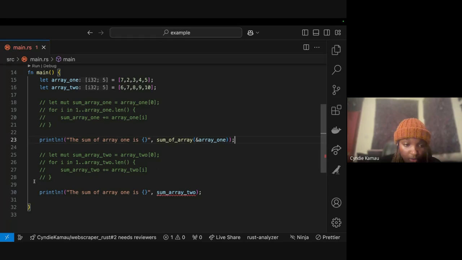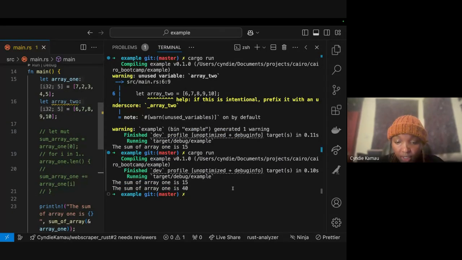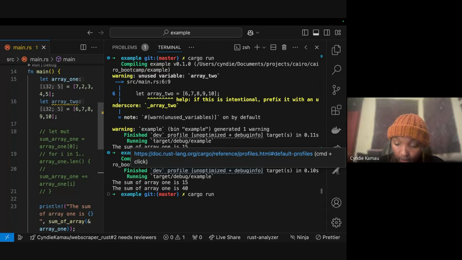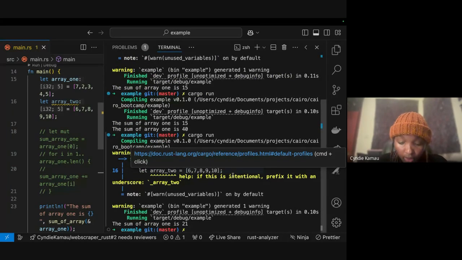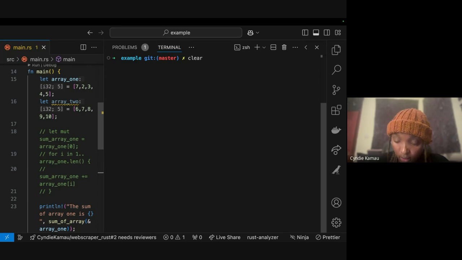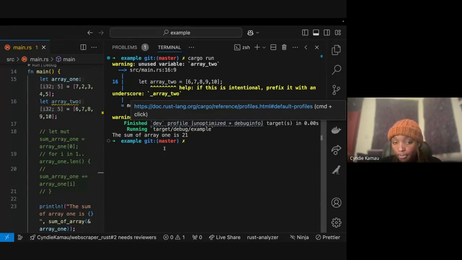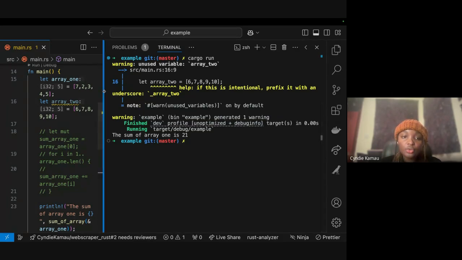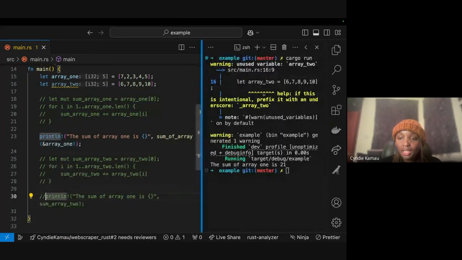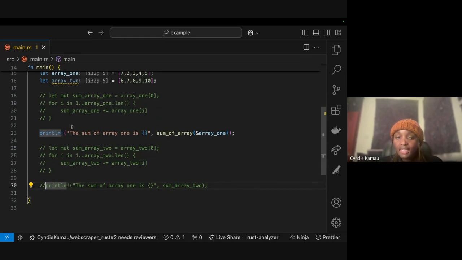Let's go to our terminal and see. Just to ensure everyone is seeing, let me run that again. Yes, as you can see, we are able to do it. So this will abstract away this whole thing of writing repetitive functions which look similar.